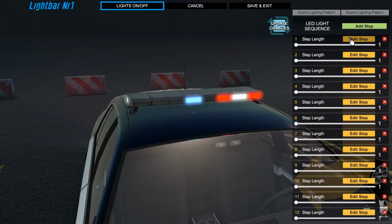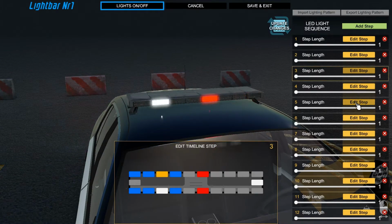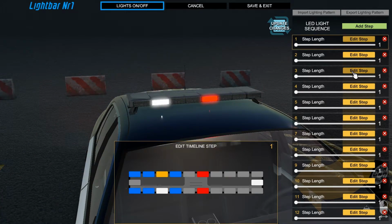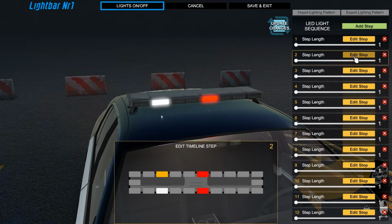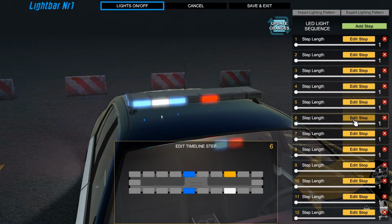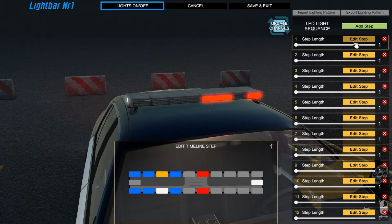Once again, we have a 12-step bar, and your step 1, your step 3 are going to be the same. Your step 5 is going to be different than that. This is your step 2, your step 4, your step 6, 8. So I'm going to take you through the steps really quick and show you how you get this to flash like that. So this is going to be your step 1,